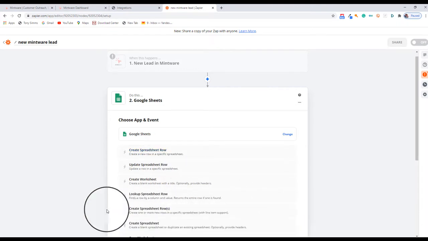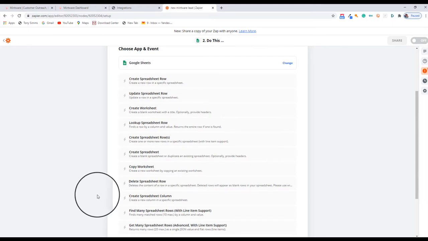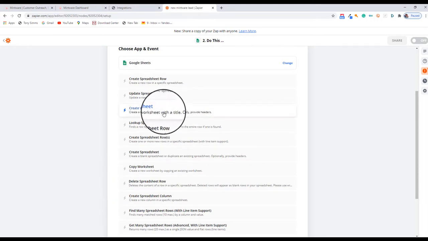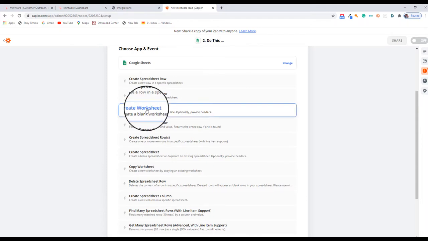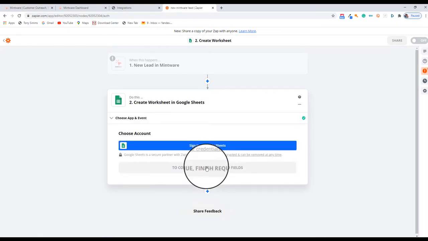It can do all sorts of bits and pieces. But what I want it to do, for the example of this, is create a new worksheet inside a spreadsheet. So I click worksheet and then it's going to ask me what worksheet I want it to, or what file I want it to use. So to do that, I'm going to need to sign into Google Sheets. So I click this